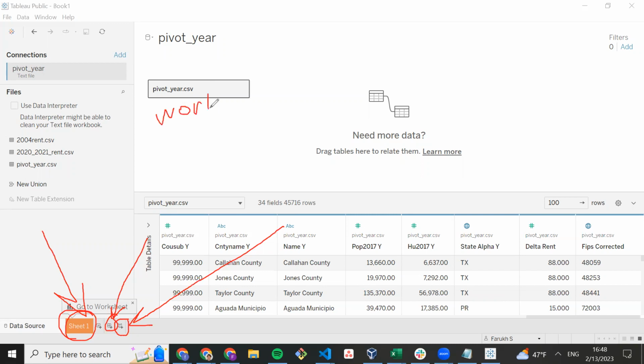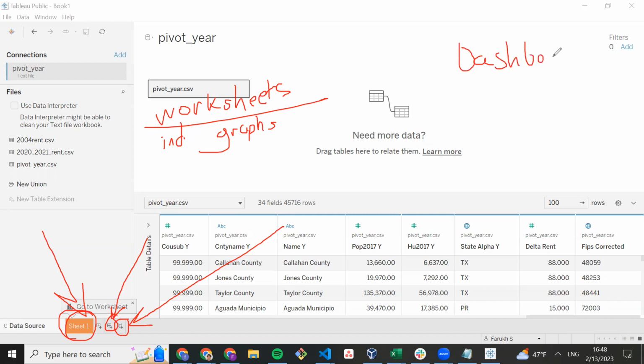Let me write this out for visibility. Pardon the handwriting. Worksheets are your individual graphs. Sometimes you can group graphs together in worksheets. However, you really should not be making more than 2 to 3 visualizations in one worksheet because it gets too complex. Next, we have a dashboard. A dashboard is simply a conglomeration of worksheets, or just a bunch of worksheets. Of course, these worksheets should be related to one another, and they should display some sort of data analysis or some conjoined data visualization.